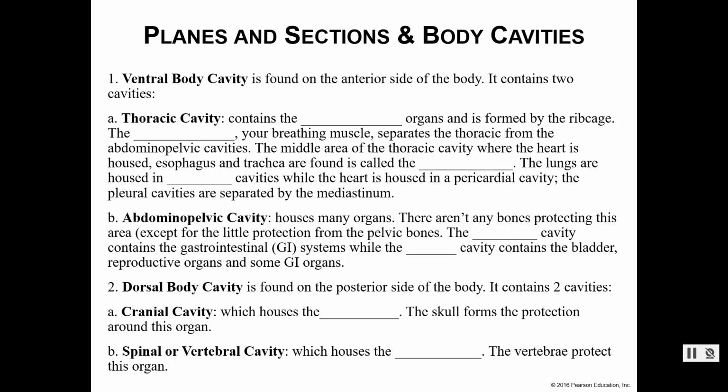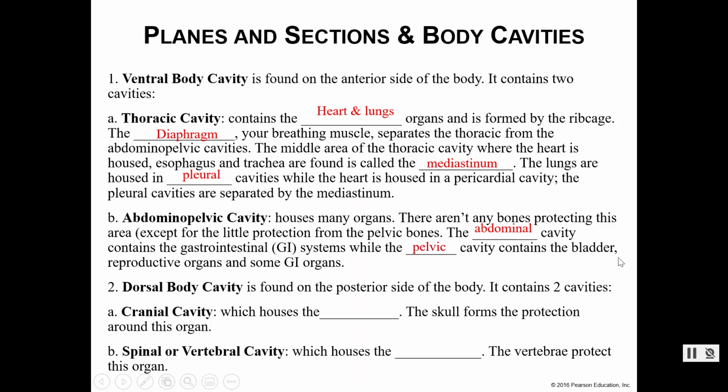Alright, so let's check your geniusness. Your thoracic cavity contains your heart and your lungs. The blank, your breathing muscle, that would be your good old diaphragm. The middle area of the thoracic cavity would be that mediastinum that we mentioned. Your lungs are housed in your pleural cavity, while your heart is in your pericardial cavity. The blank cavity contains your GI system, that would be your abdominal cavity, and then your pelvic cavity would